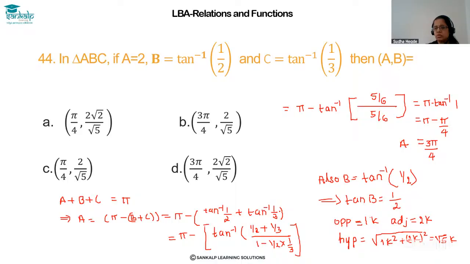Under root 5k square is root 5k. Are you getting? Just using right angle triangle. Got it right? So directly you cannot take opposite is equal to 1, adjacent is equal to 2. You cannot take it. It's ratio. 1/2 is same as 2/4 also. Therefore, you have to take some integer multiple. Okay? So, now you find